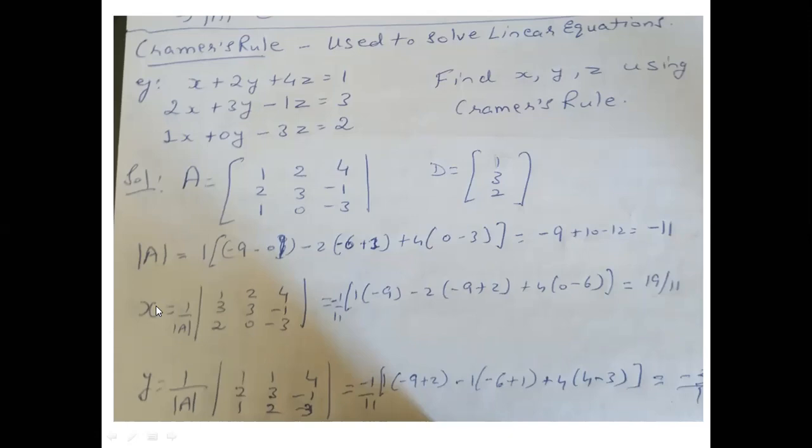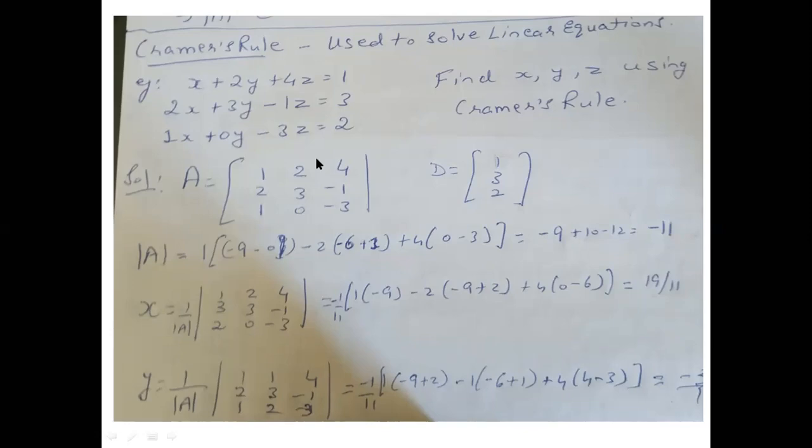Okay, so we are trying to find the value of x here. We have already found the determinant of A. Now to find x, in the original matrix A, 1, 2 and 1 on the left-hand side are the coefficients of all the x variables in the three equations. So to find x, we get rid of 1, 2 and 1 and replace them with the coefficients on the RHS of the three equations, which are 1, 3 and 2. So I place 1, 3 and 2 here.